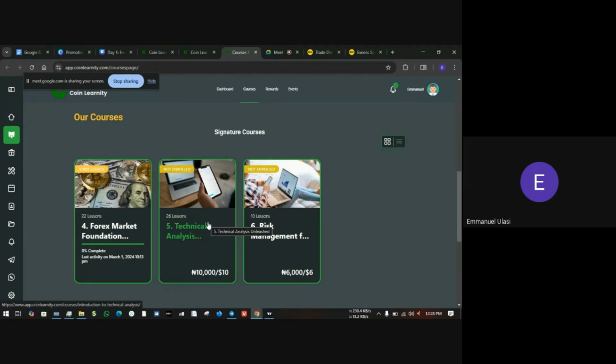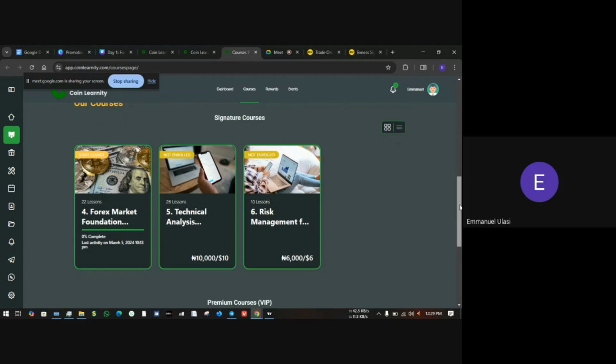We do offer what we call signature support for the signature courses. When you purchase a signature course, you're going to be put in a group with fellow students, and in that group you can interact, share ideas, and ask questions, and you're going to be answered in that group. Now moving ahead, for the premium courses,